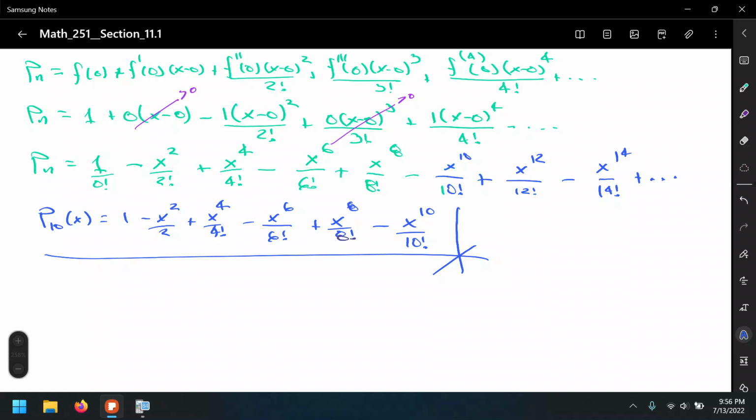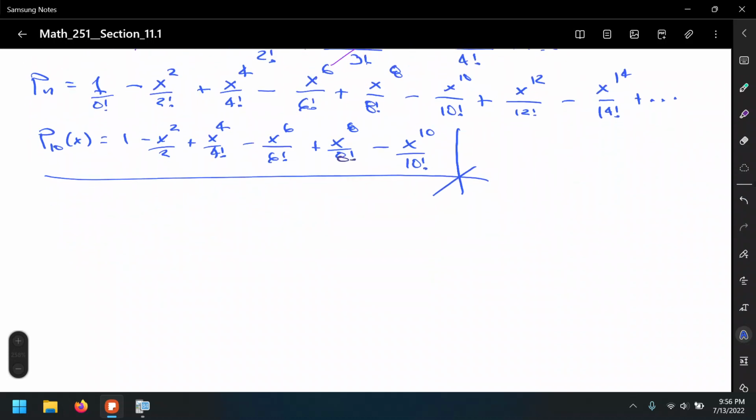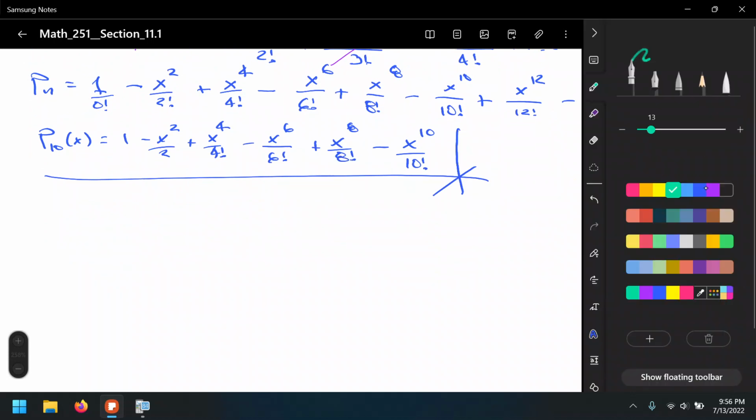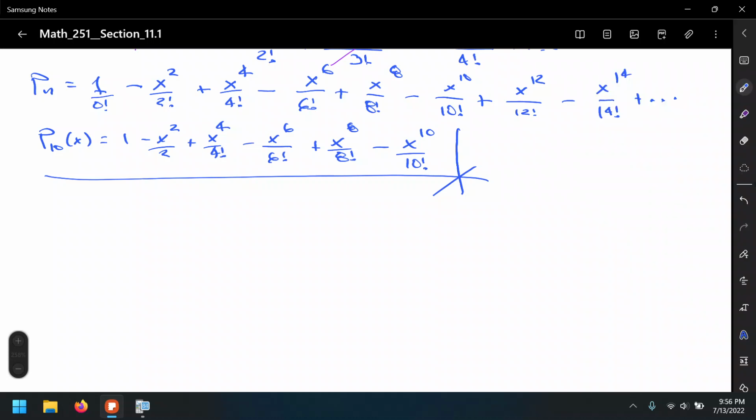So now we are going to use this approximation to approximate another value. I believe it's cosine of 0.5. So for cosine of 0.5, just like we did before, we will just plug in x equals 0.5. All right. So let's see. So approximate cosine of 0.5. That is p sub 10 of 0.5